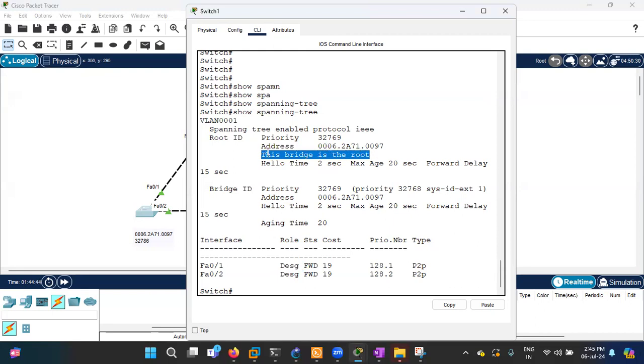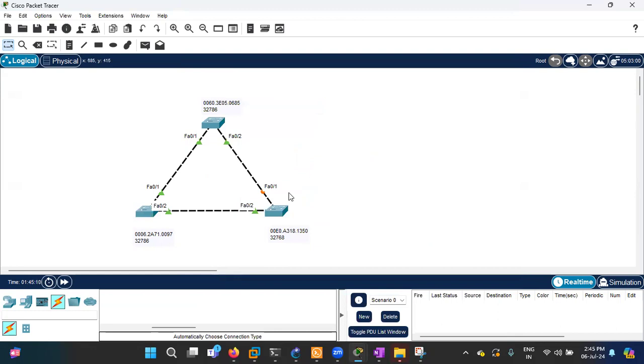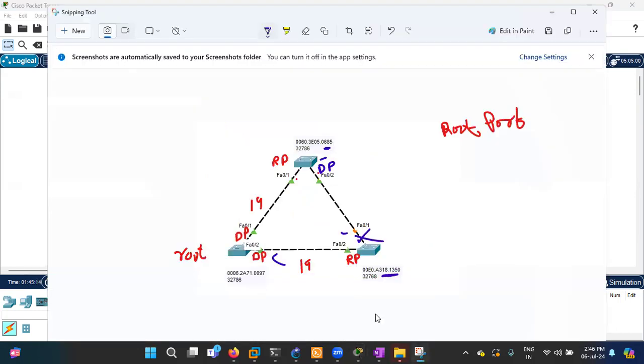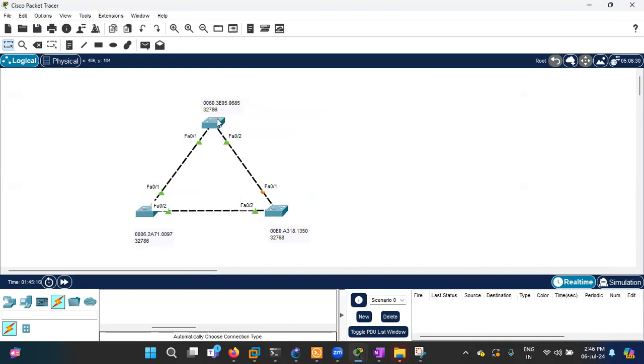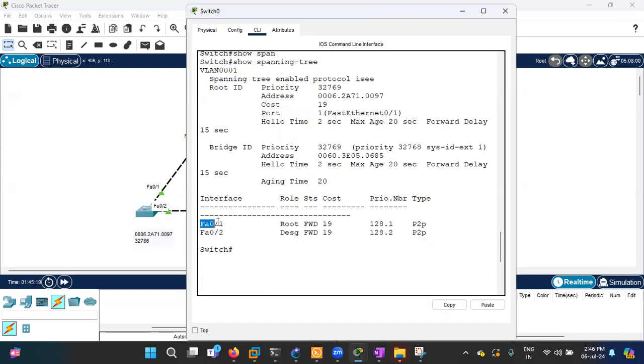Sometimes they ask the question, how do you identify the root switch? Means if this has the lower priority, you can match, or else you can see the same MAC address here. Bridge ID means local switch information. This MAC address or this MAC address will always be the same in the root switch. Now for this switch, I explained one will be RP, one and two will be DP. Go and prove. Here, see, one port will be root and the second port will be DP.